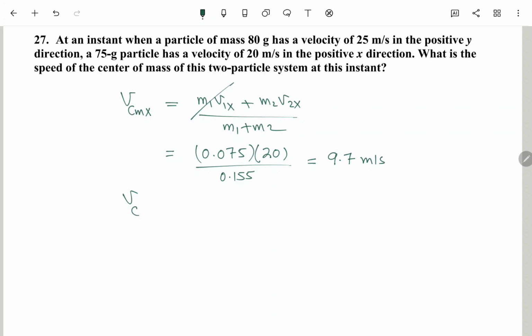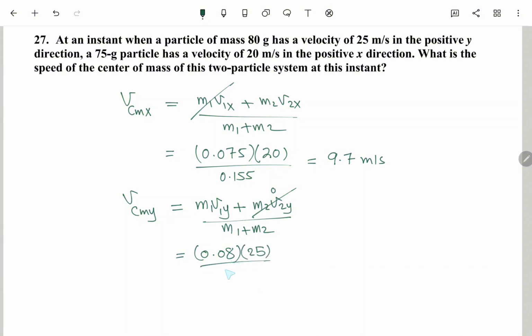Now V center of mass y equal to m1 v1y plus m2 v2y divided by m1 plus m2. This one is equal to 0, and after all it's 0.08 times 25 divided by 0.155, which equal to